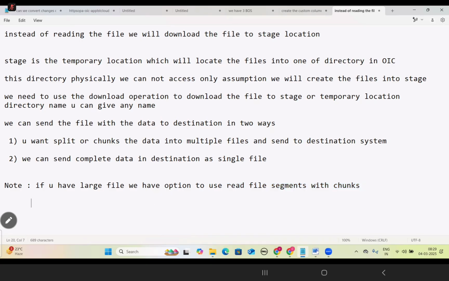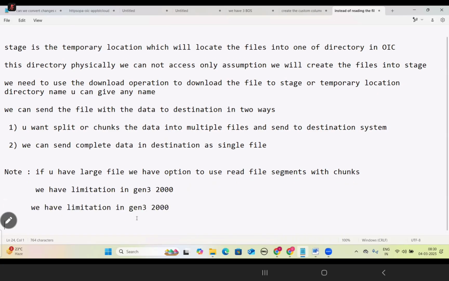We have a limitation: in Gen 3, 2000 records, and in Gen 2, 200 records. If we have a large file, we can use read file segments with chunks.